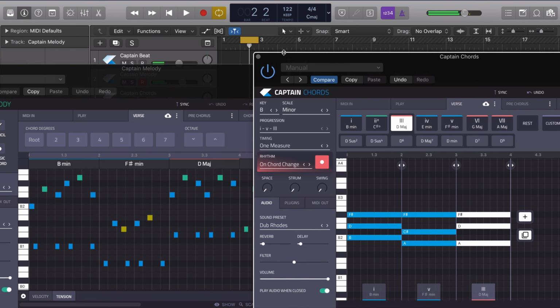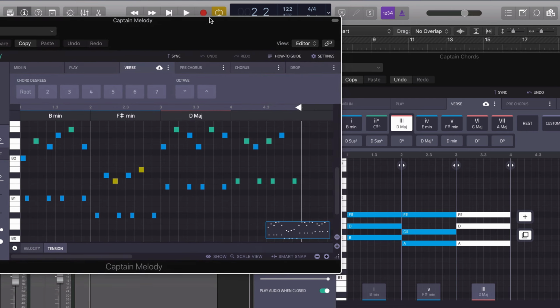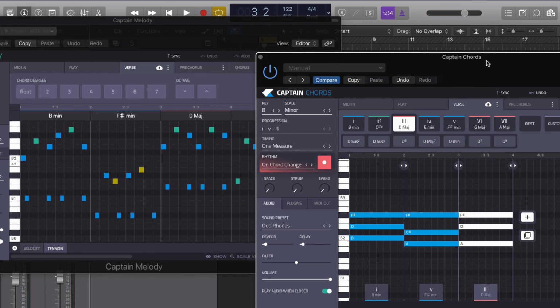Just need to move our loop. Okay, that works quite well, and you can see the note tensions are all what we would want.